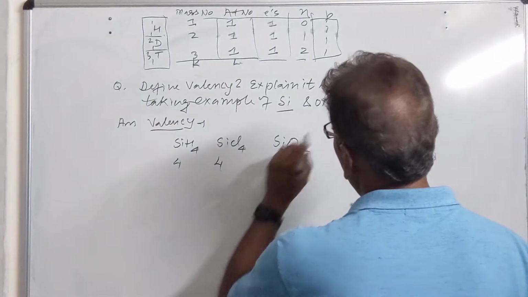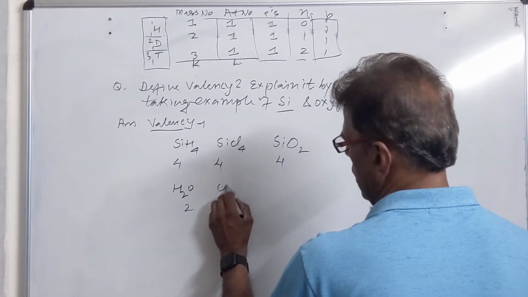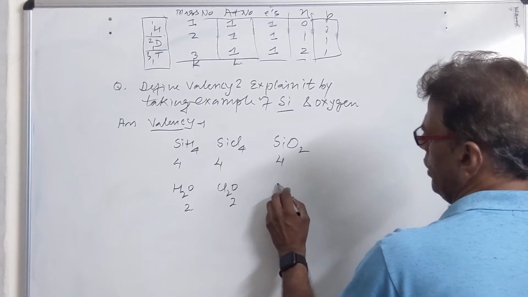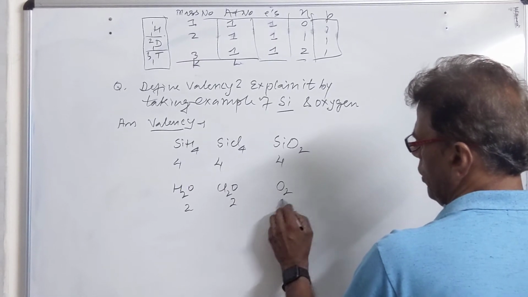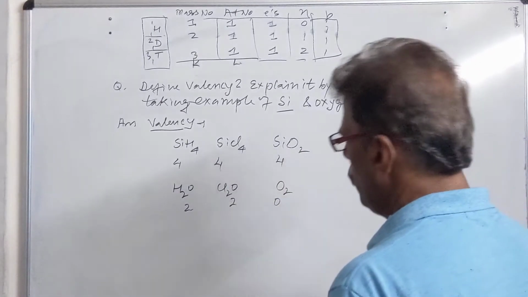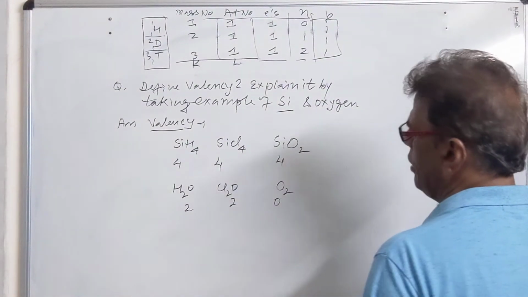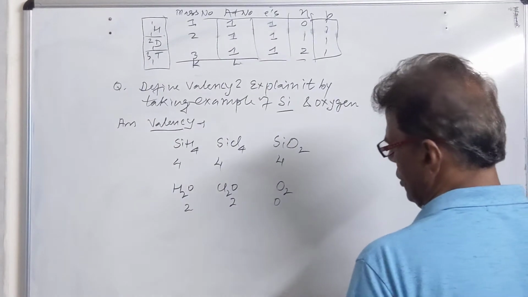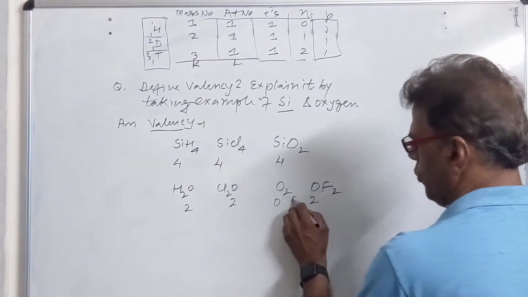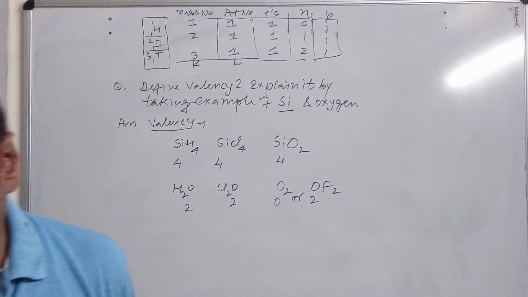Similarly, for oxygen, we have H2O, where oxygen combined with 2 hydrogen, valency is 2. It combines with Cl2, valency is 2. And in this case, it is combining with the oxygen itself. Oxygen combined with another oxygen, valency is 0 here. So oxygen exhibits valency of 2 in these compounds, and when it combines with itself, it will be having valency 0. If it combines with fluorine, then it will again have the valency 2. So we have the different valencies of oxygen in different compounds. Then we have